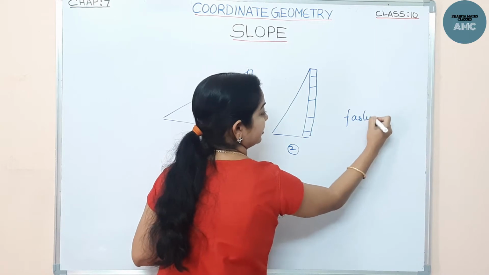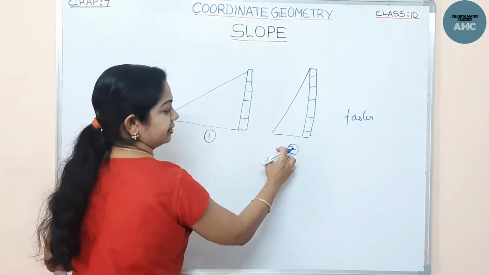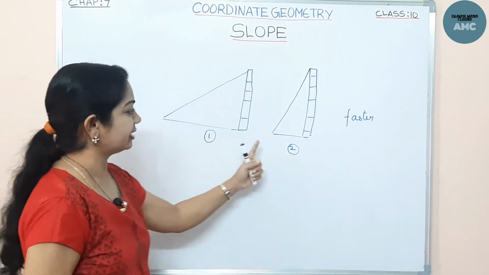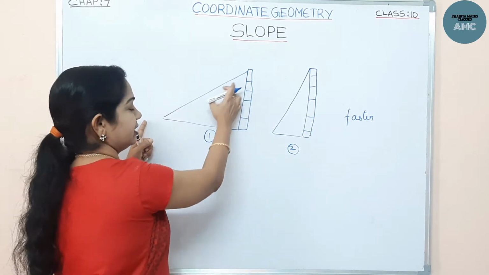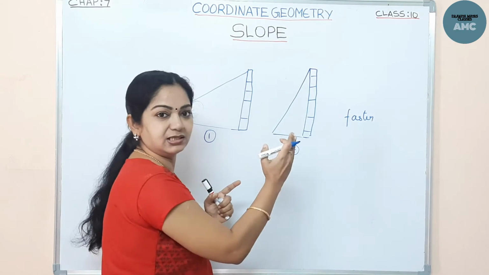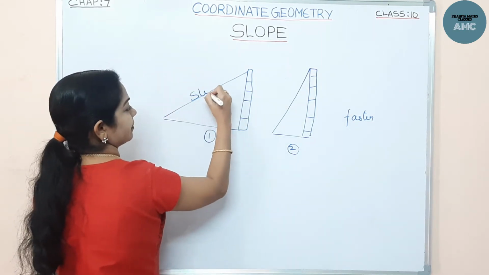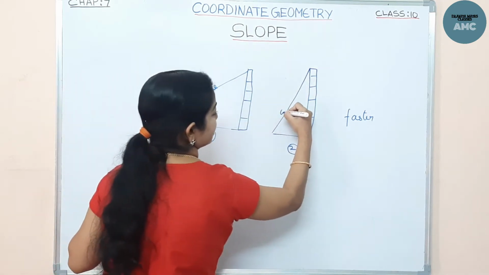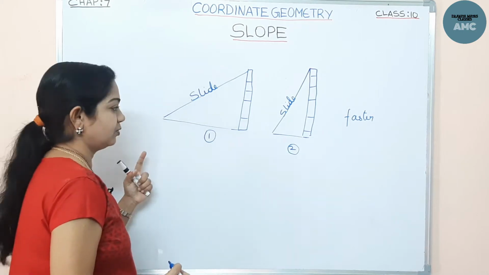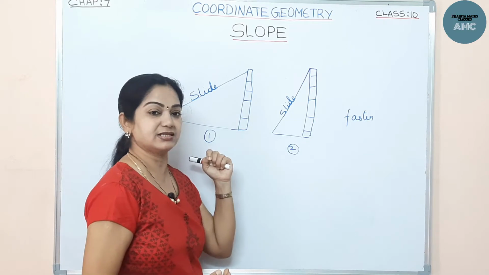Now clearly, we can say that the second slide, we can slide very fast because of some inclination. Here the inclination is somewhat steep, isn't it? See the steepness of this. This is the slide. Okay, see this slide, observe the steepness. So by observing, we can tell that we can slide faster in this slide.